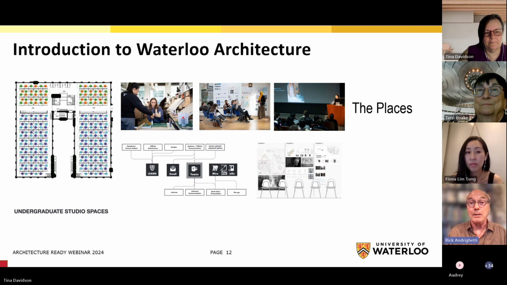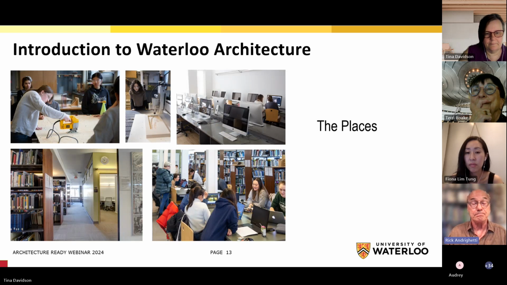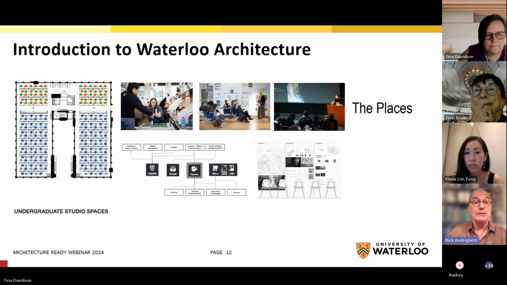We have a large space known as the loft, which many of you have visited. It's a large skylit space. This is where we conduct all of our reviews, and certain classes and other presentations happen there. And we have a large lecture theater where you'll have some of your classes, and where we have our visiting lectures. We also have a fully equipped workshop, as well as a number of digital